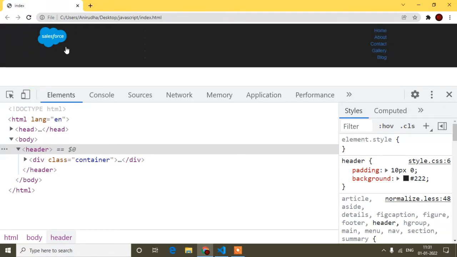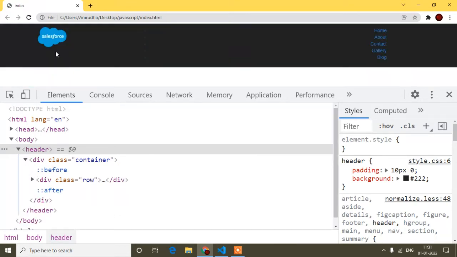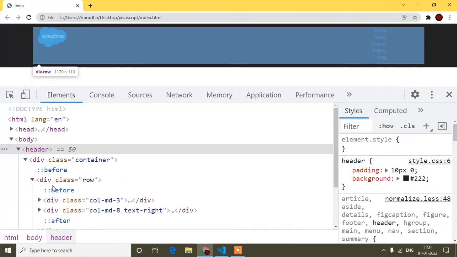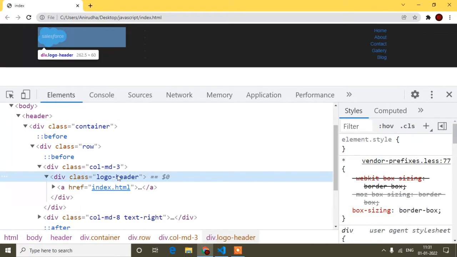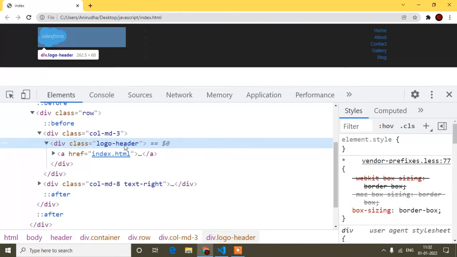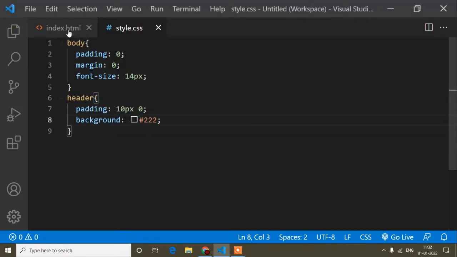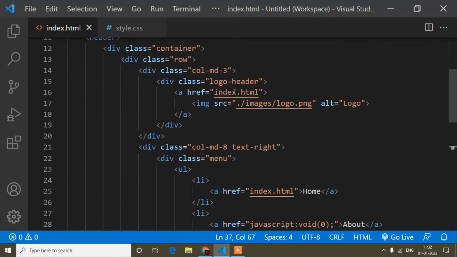Okay, and the logo I don't need to write anything, because here the image is already the perfect size, but in your case maybe it's not the perfect size. So what you can do, just this class I have added, logo header, if you find here, so here you will get the logo header class, right?